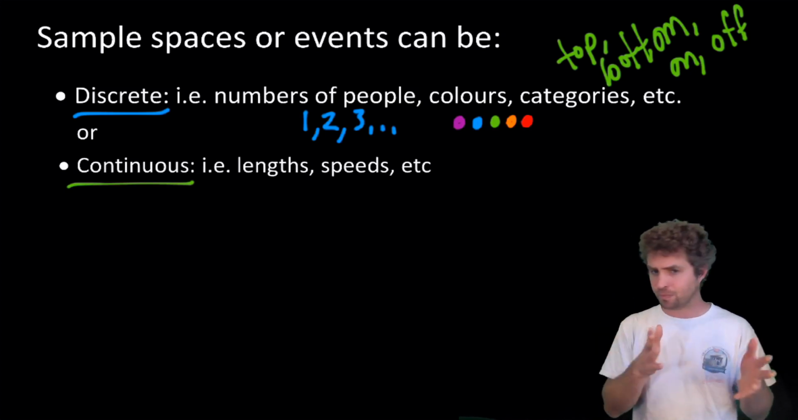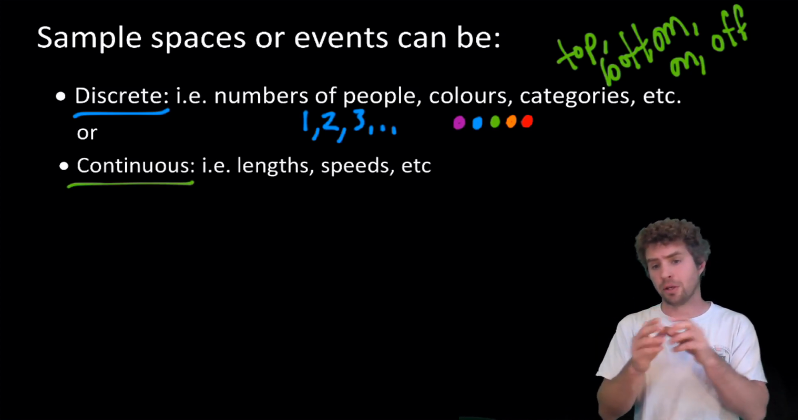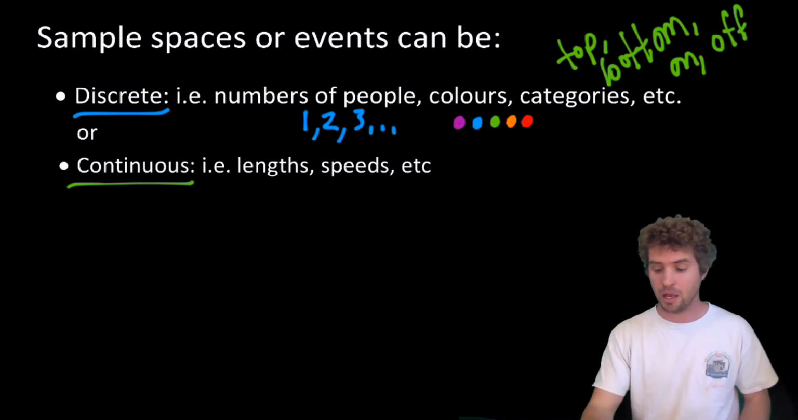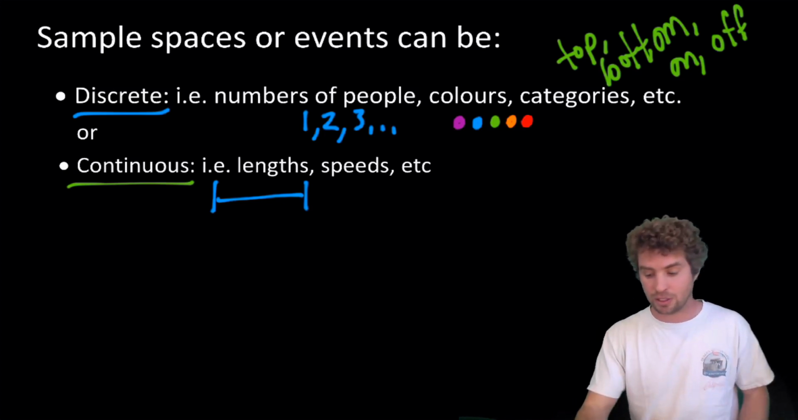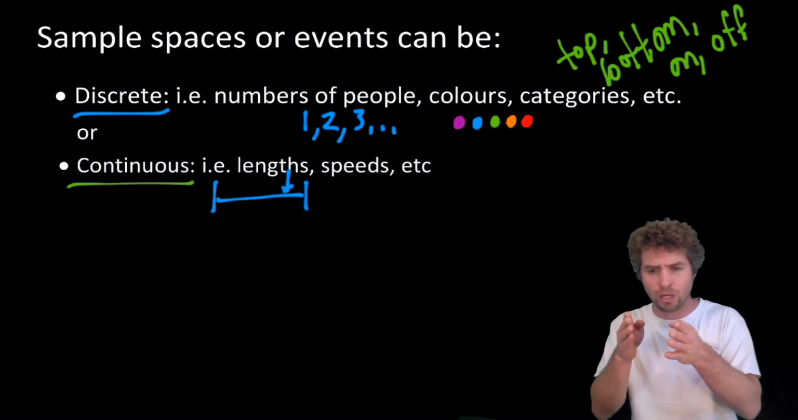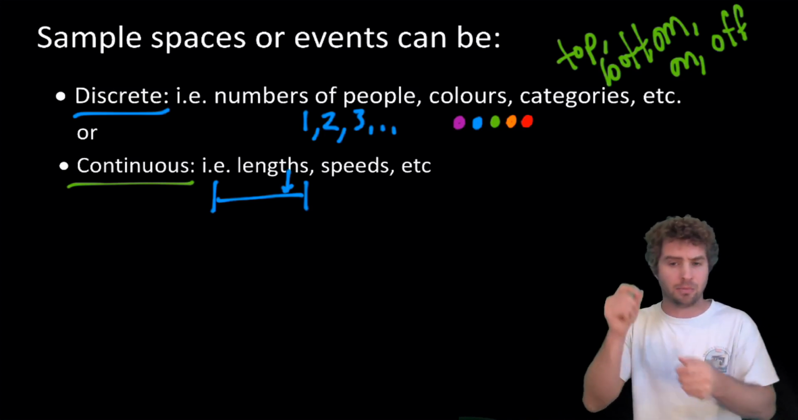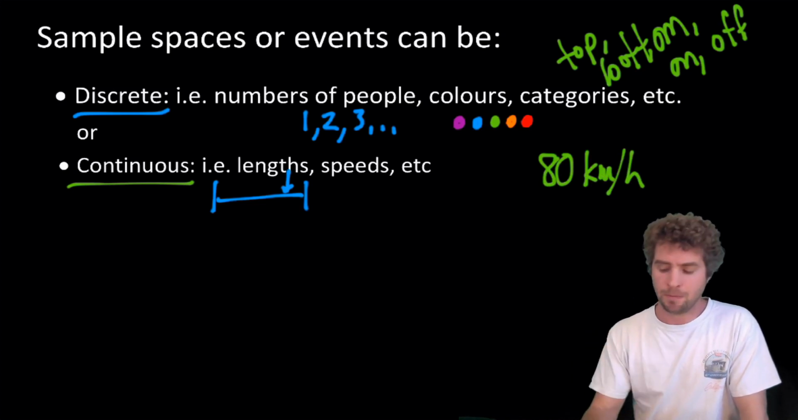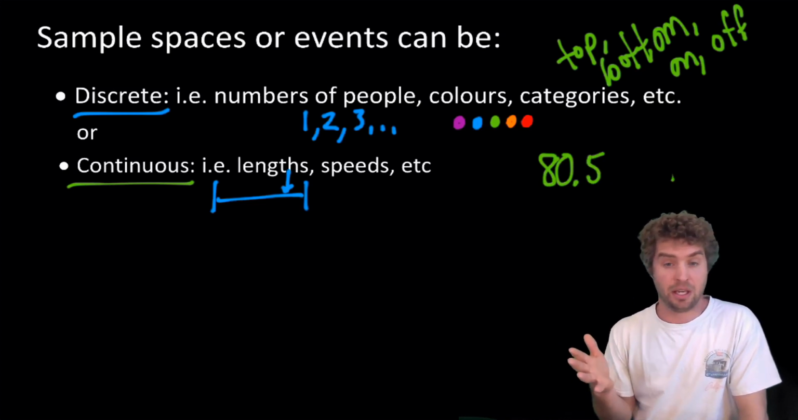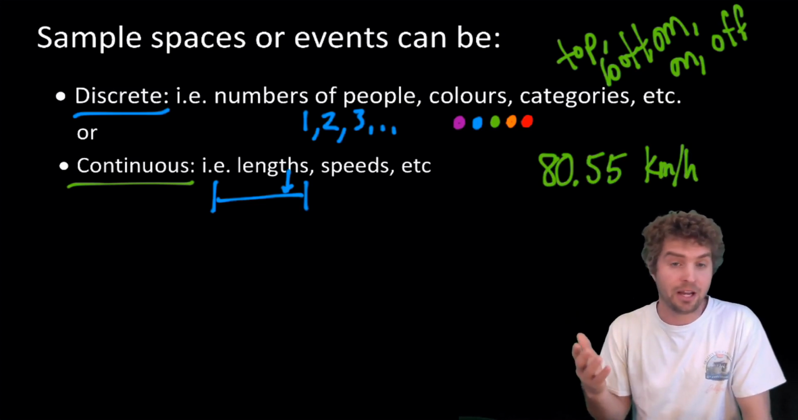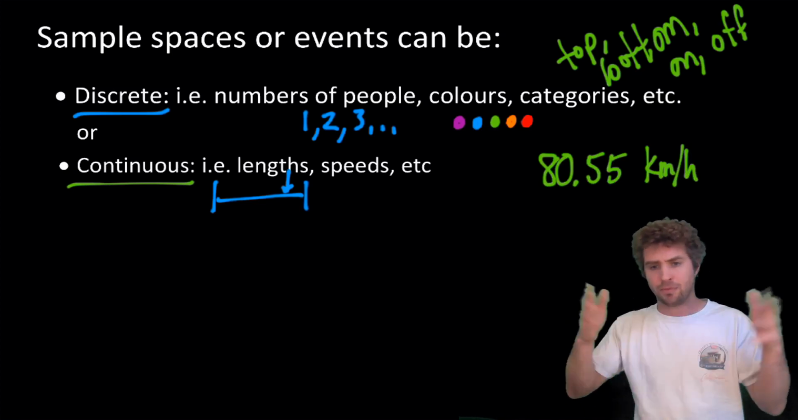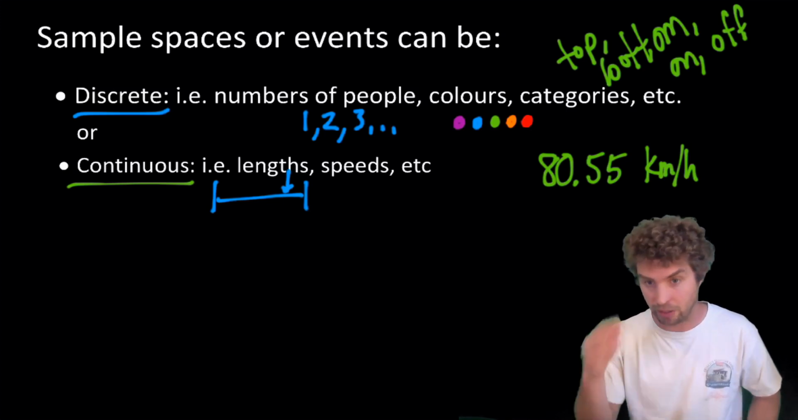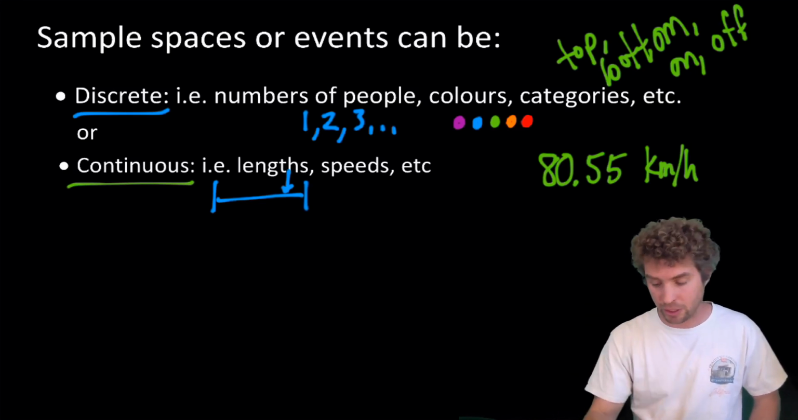Whereas continuous runs together, and there can be very little distinction between two different continuous values. So like lengths, you could have something that's a certain length, but what if it's just a tiny bit shorter? There's no distinction between how much shorter it can be. It could be a teeny tiny bit shorter. Or speeds, like you might be going 80 k's per hour on the highway, or you might be going 80.5 k's per hour, or 80.55 and things like that. So there's sort of infinite intervals in between that you could have. So discrete and continuous, as well as